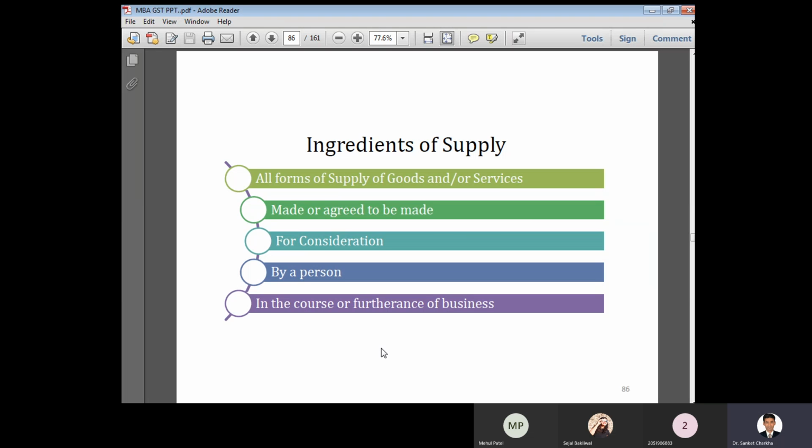So first thing, ingredients of supply. As per the definition provided in the Sale of Goods Act, you have to understand what supply means. So all forms of supply of goods and services, whatever types of goods or services that you provide, accordingly